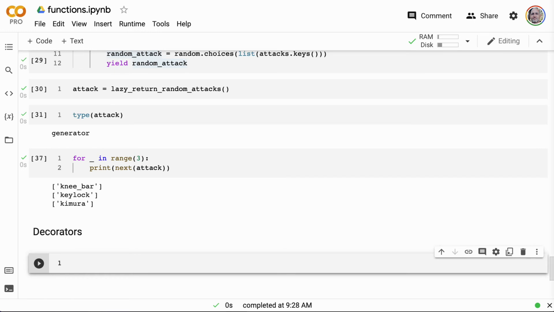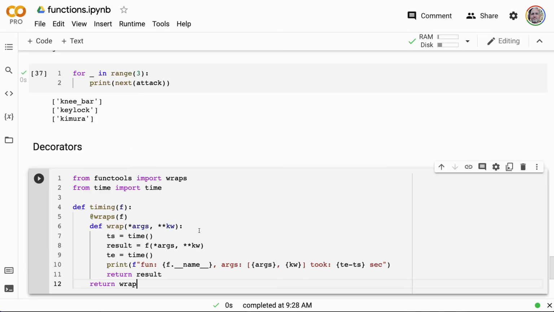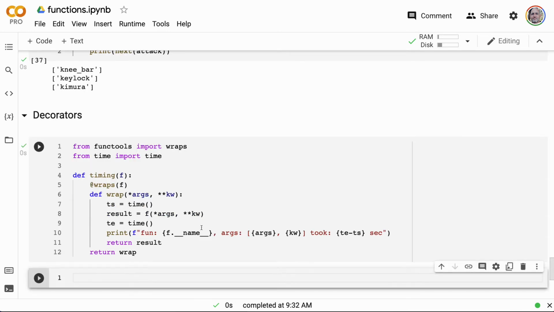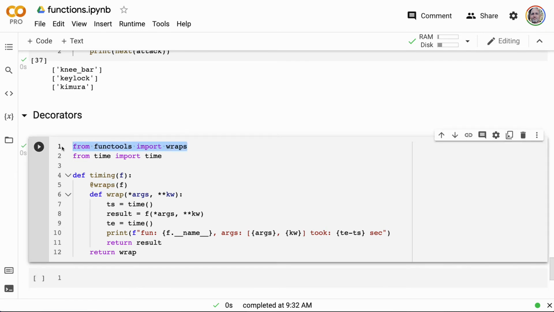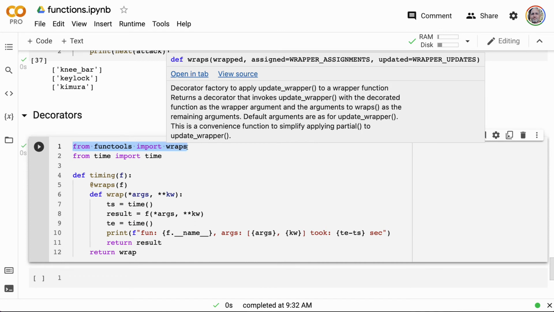And so how would I use a decorator? I think one of the common ways to use a decorator would be to do this. This is like the classic example of a decorator. What I do is I say from functools, which is a library that helps you build decorators in Python. And notice it says decorator factory. If I hold my mouse over it, it says decorator factory to apply to a wrapper function. And what this does is it lets you keep track of the state of the function, so if I wanted to mutate it, that you're wrapping.